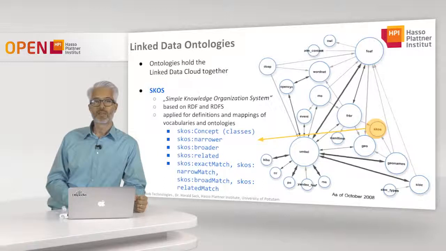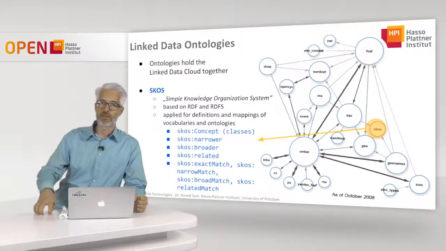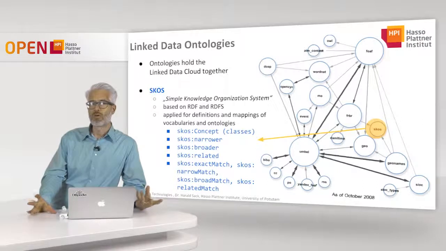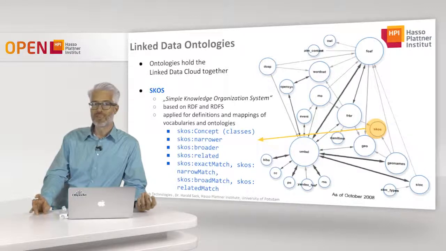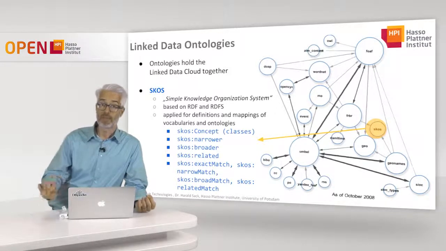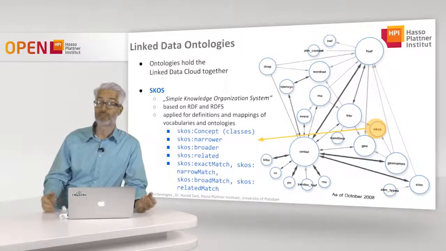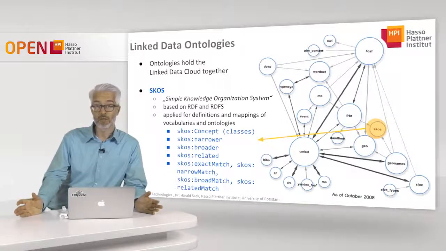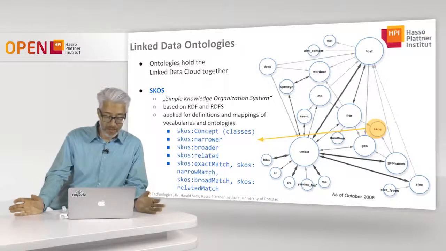And you have here, for example, narrower and broader, which is like a taxonomic or hierarchical structure. If you go and specialize something, then you define a narrower concept. But this is not a real subsumption relation. It's only a term that is narrower than the other term you compare it with. And the same is with broader. This again creates a hierarchy, but it's not a true subsumption. It defines a somehow broader concept. And then you have skos:related. If this is not a hierarchical kind of relation, it might be some other relation,